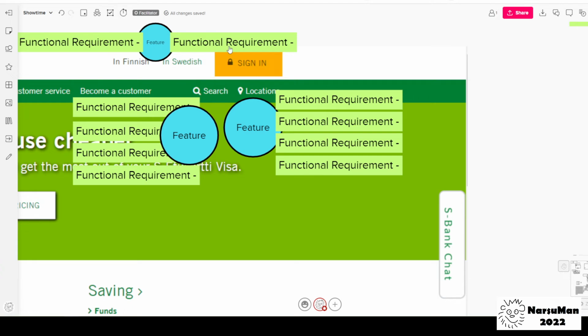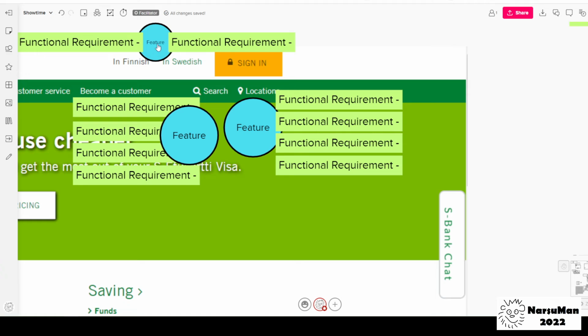That's why we are collecting these functional requirements and adding them as part of the feature. So it's another big feature of this page. We have already found the location feature, the search feature,